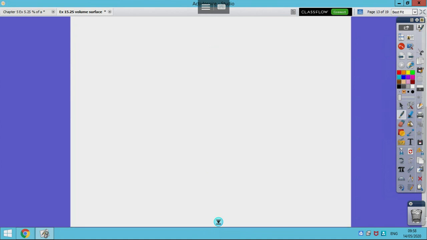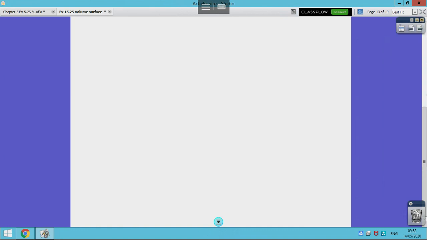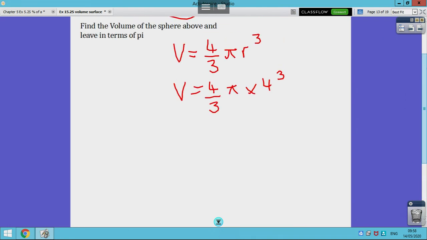Where has that disappeared to? Here we go. Okay, so after we've done that, we can work out 4 cubed. That means 4 times 4 times 4, so that's going to be 64. So V is equal to 4/3